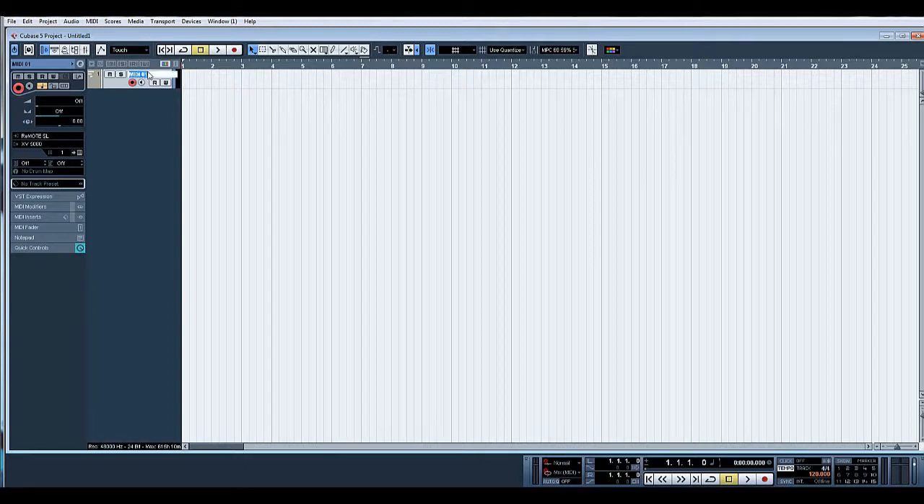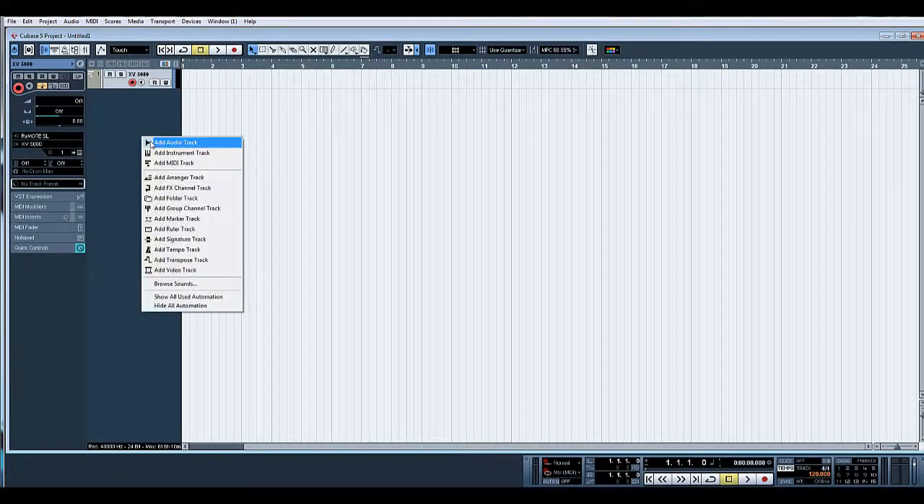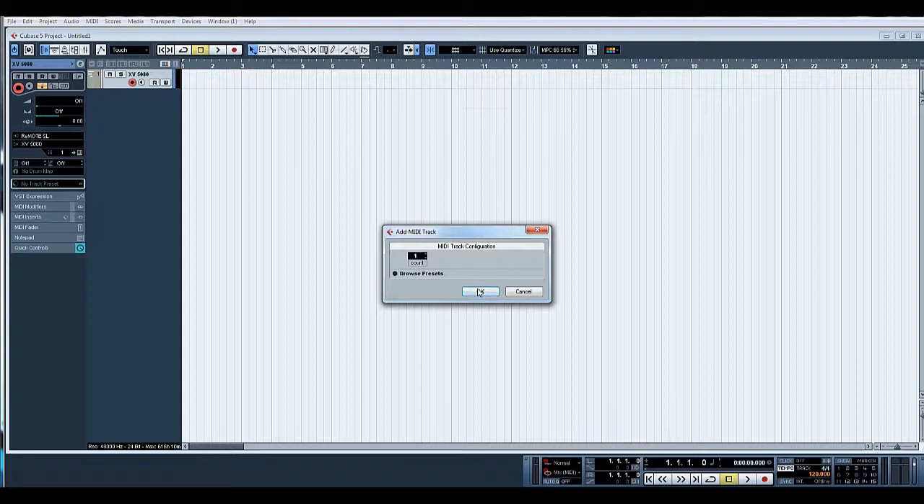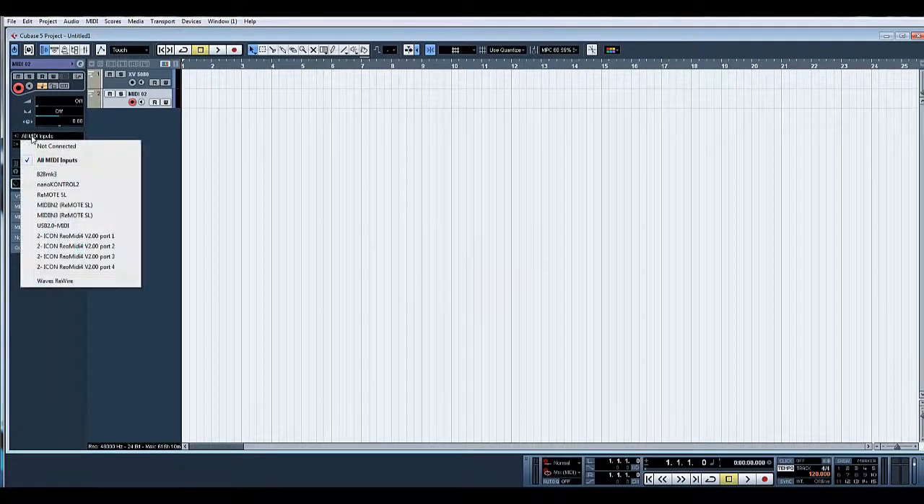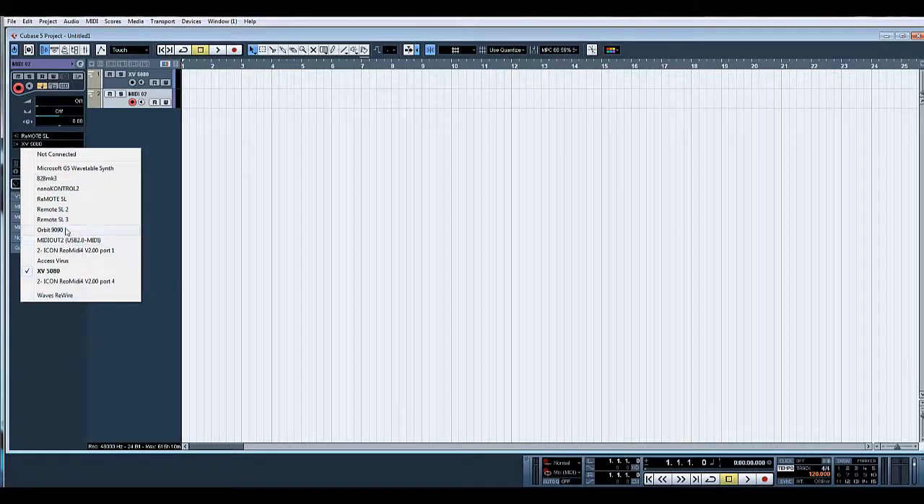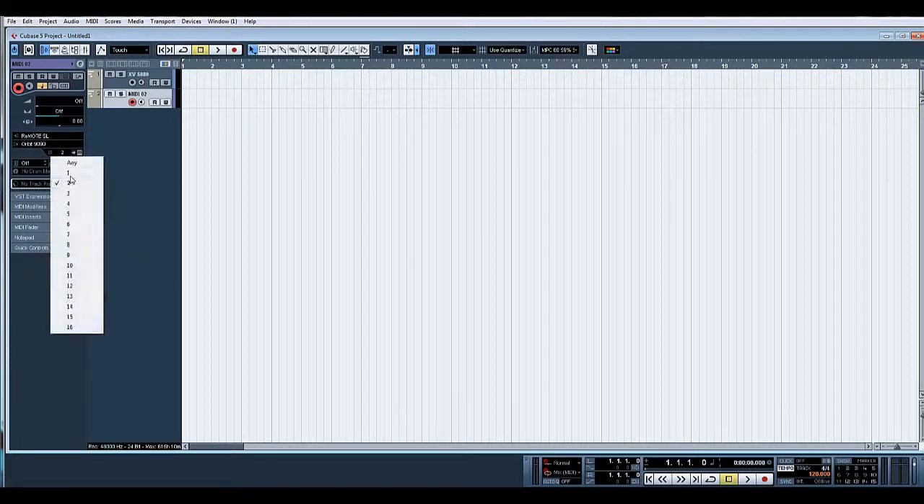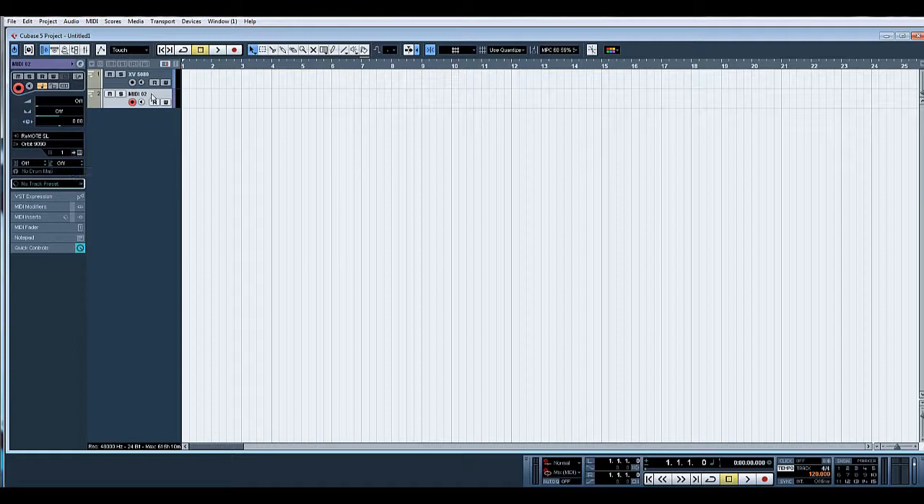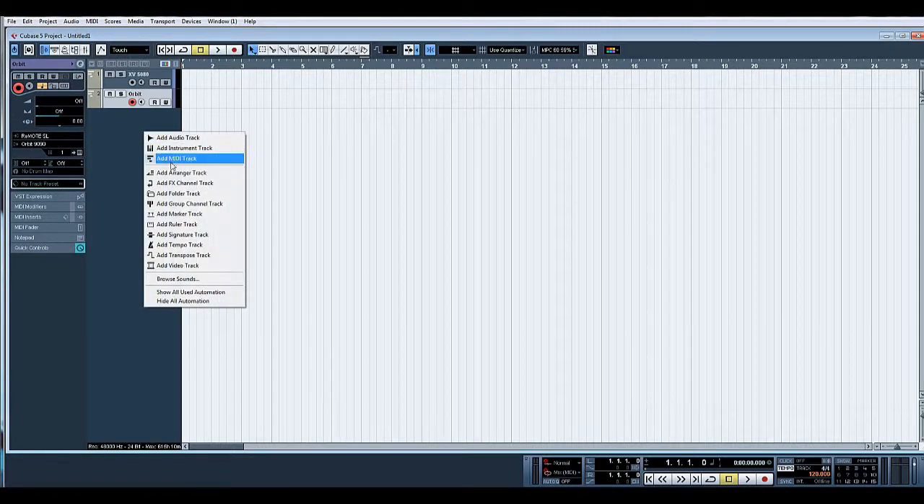So for instance, we could call this XV5080 and know that that's wired up correctly. Let's create another MIDI track. Again, all MIDI inputs, let's put that to the Remote, and we'll send this one to the Orbit. I'm going to turn it onto MIDI channel 1 because that's what it transmits on, so we can call that Orbit. Let's create another MIDI channel,